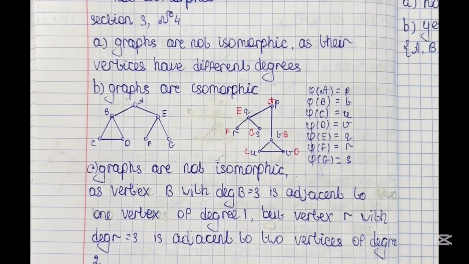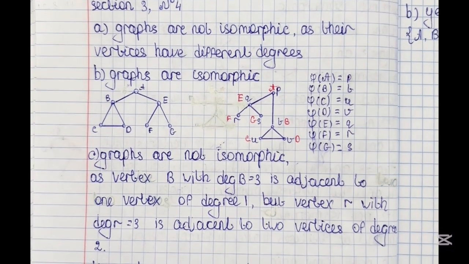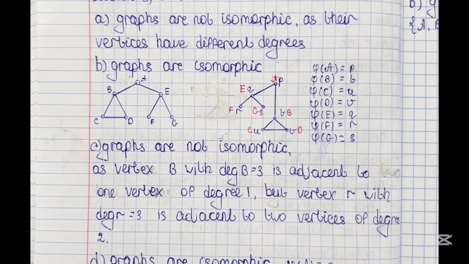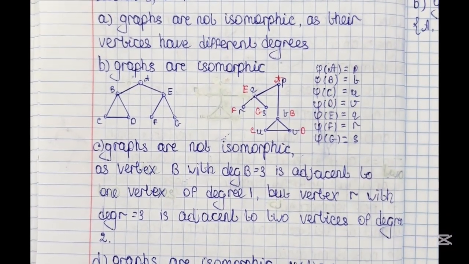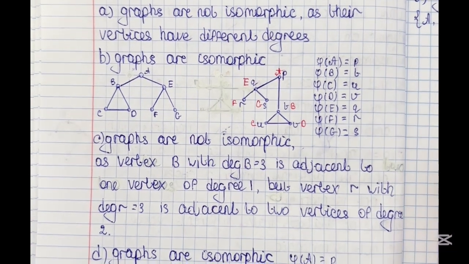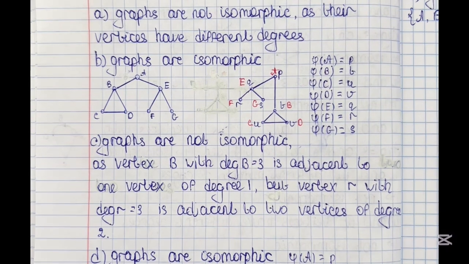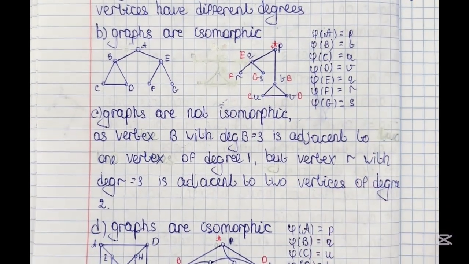So now let's continue solving the third section, and in the fourth task we again have 4 pairs of graphs, and we should define which of them are isomorphic, and if they are, we should draw the relabeled version of the graph to prove that they are isomorphic. So the first pair of graphs is not isomorphic, as their vertices have different degrees, but in the B part,